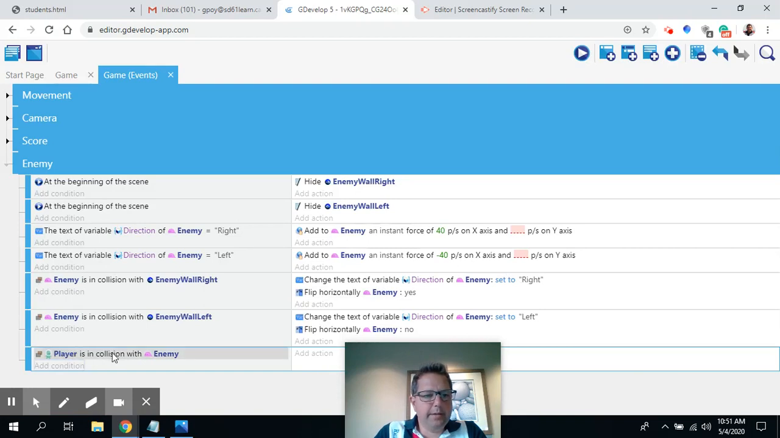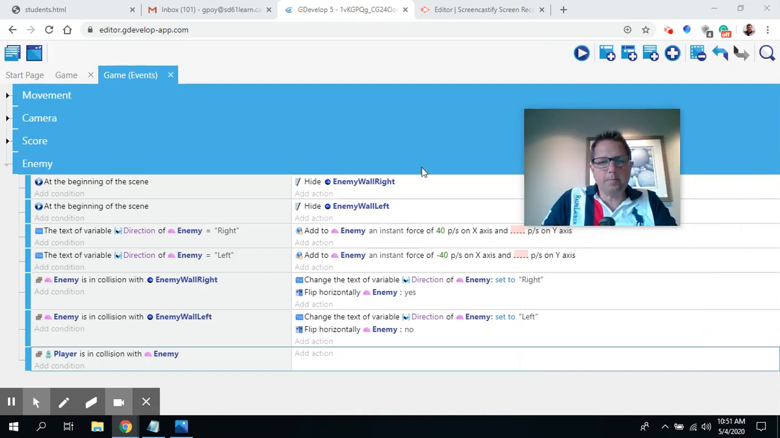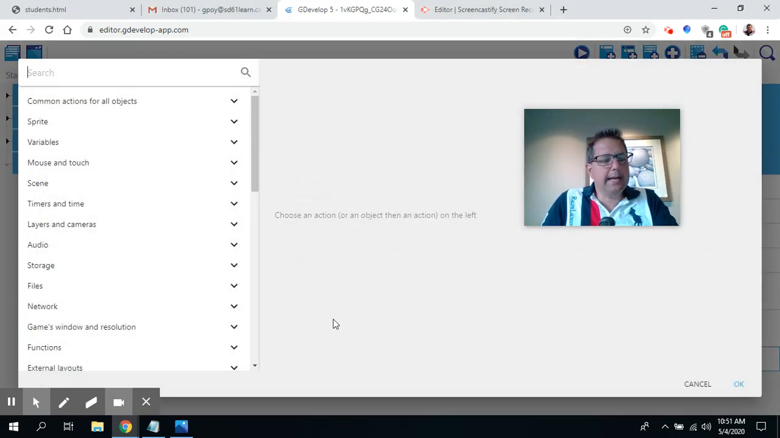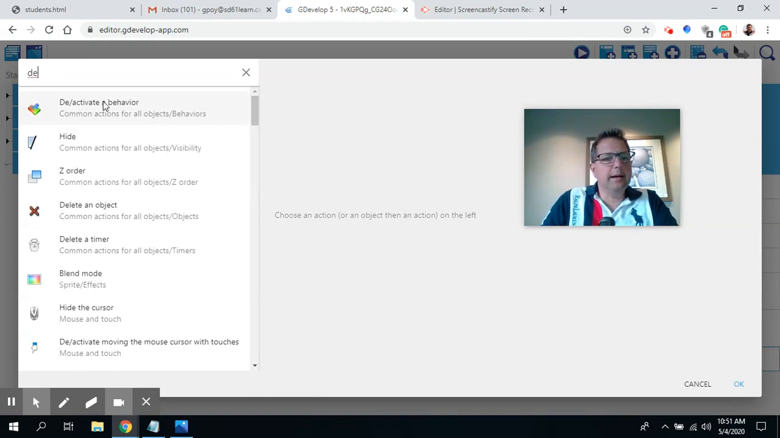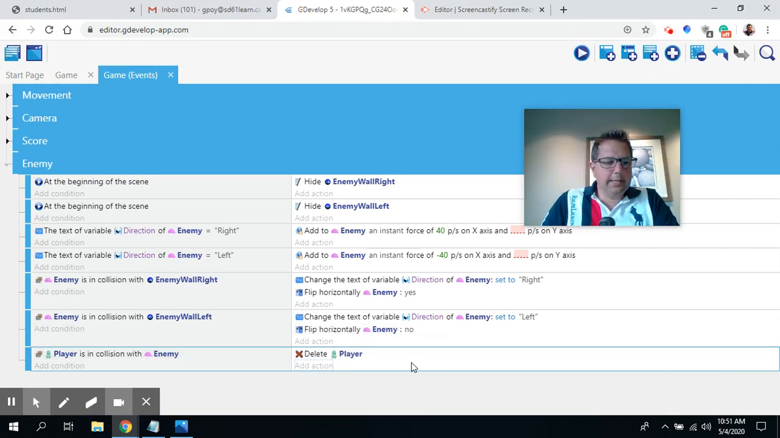Great. So if the player collides with the enemy, now we're getting so many things here. If the player collides with the enemy, what I want to do here is delete the enemy. And we're going to add more things to this as well. So I'll just type in delete an object, and I would delete the player. But I don't want to delete the player always, because I only want to delete the player if he's on the ground. So what I need to do is add another condition to